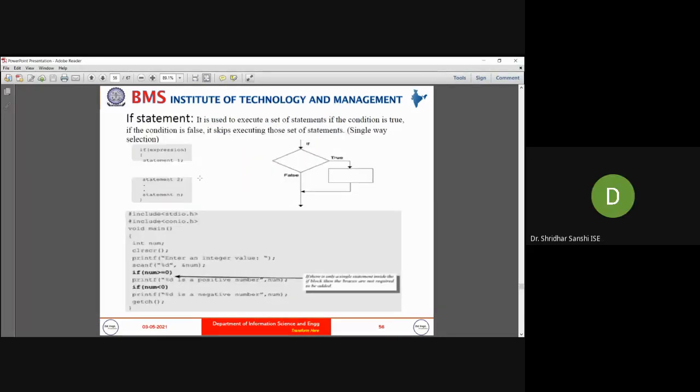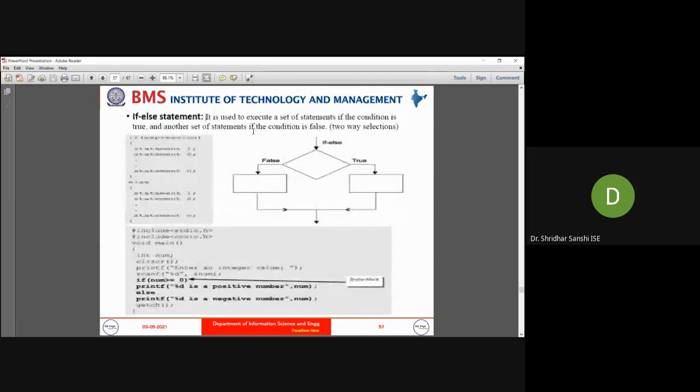So I will just repeat once again. The if statement: the expression will be evaluated, and based on the expression result, that is either true or false, a set of instructions will be executed. That's why it is called one way selection.